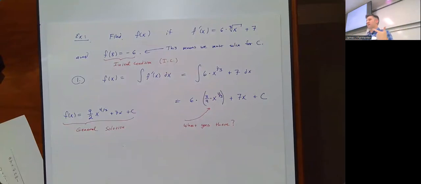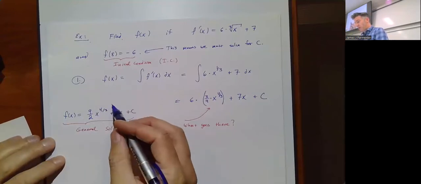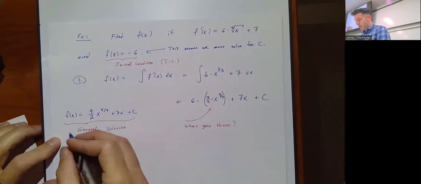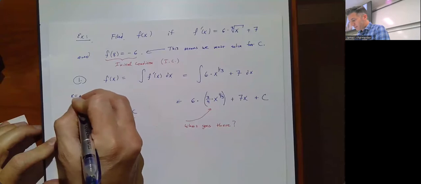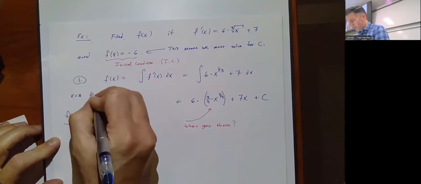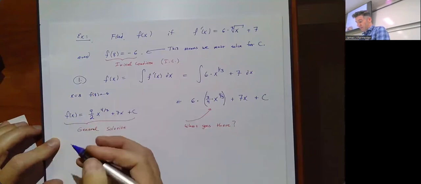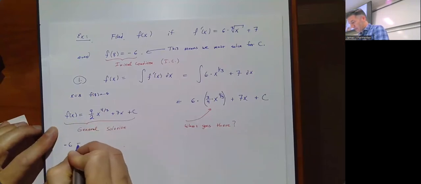Now, I've picked not very nice numbers because I just made this up. It's probably not going to turn out very nice. We're still going to find it. So we're going to take our function and plug in that f of 8 equals -6. So I'm going to plug in 8 for x, and f of 8 equals -6. So f of 8, which is -6, is going to equal